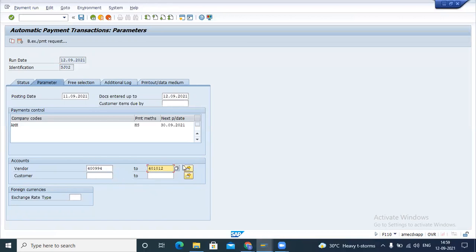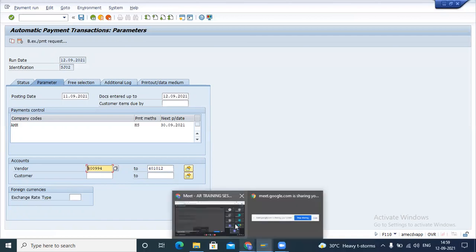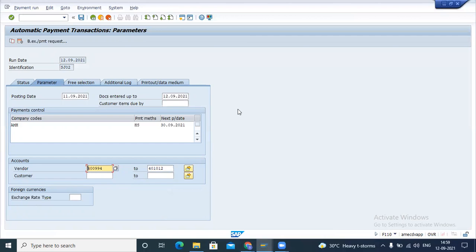Is this parameter clear? Any issue with this parameter? Just tell me. Noora bin, Lilibeth, Daryl, Omar, Nabil. Any issue with this parameter? This is just the selection criteria.